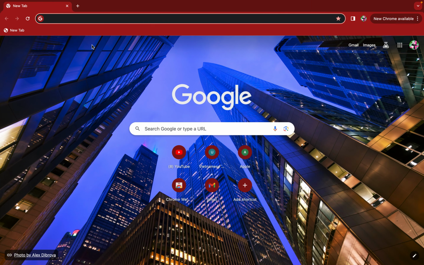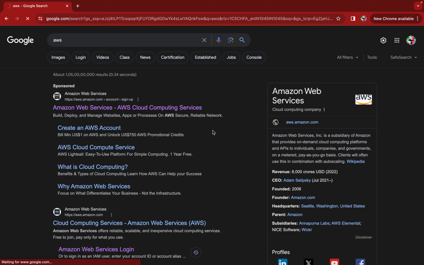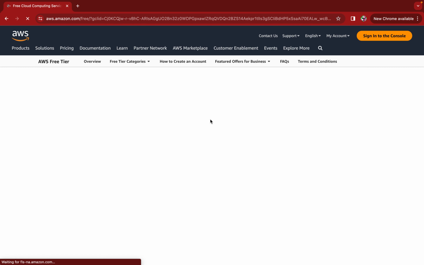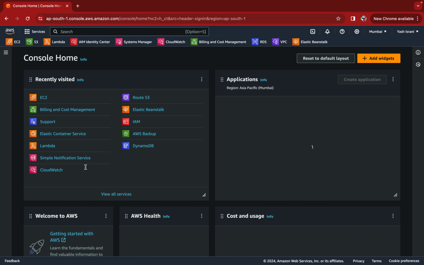we just go in our AWS account. So I will log in to my AWS account. If you don't have an AWS account, click here to create an account. But I have my AWS account, so I will log in here. So this is the main page